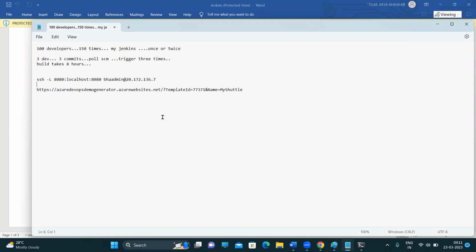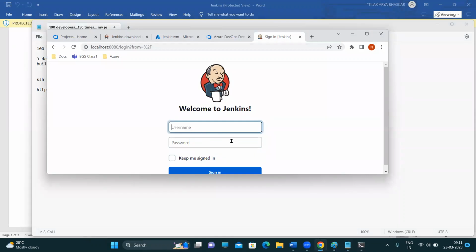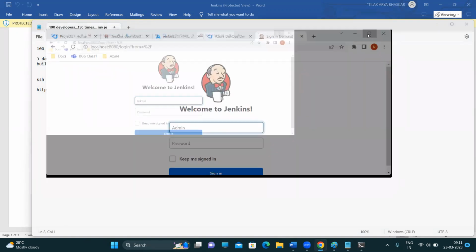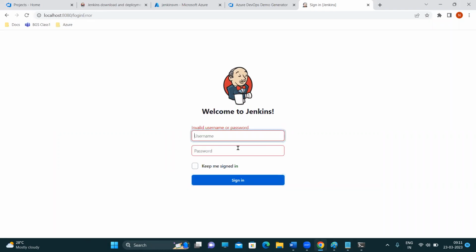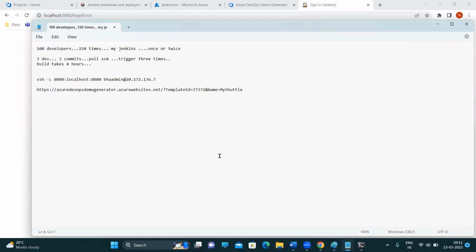Okay. Now, if you want to log in here, you need an admin password. The default is admin. Hmm. You need the password here. For that password, it should ideally get created under